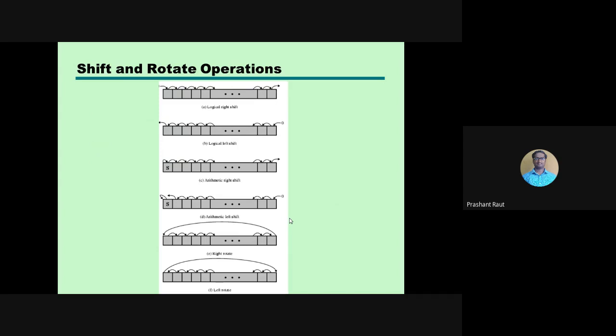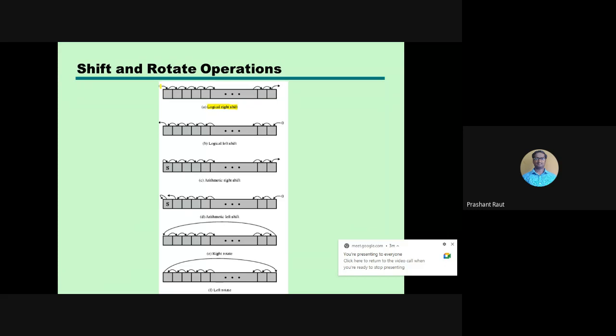Then shift operators, shift and rotate operations. These are for logical operations also, logical right shift, logical left shift. You can go through these operations. Logical right shift here, so what is logical right shift? You are shifting this 0 to the right.